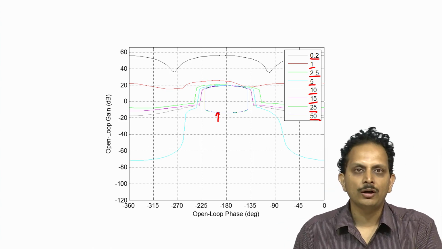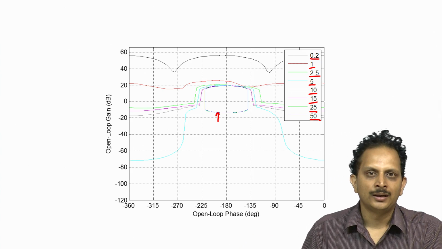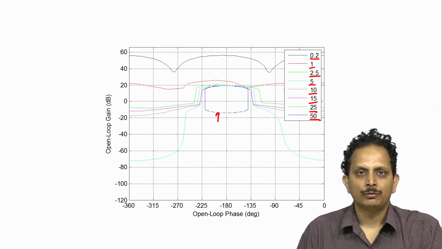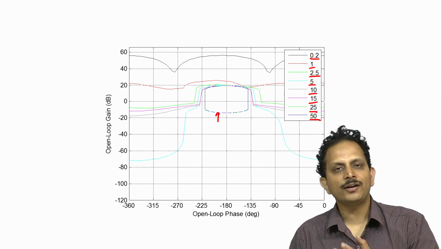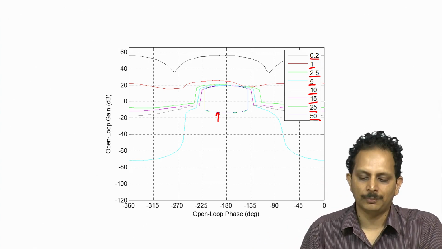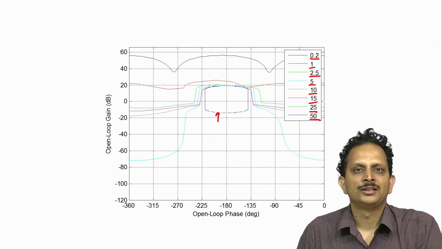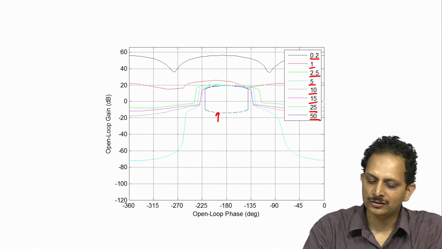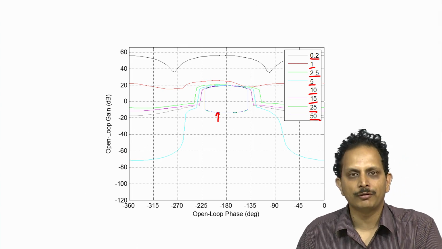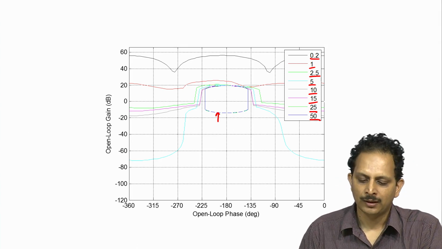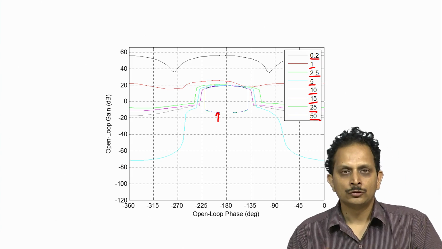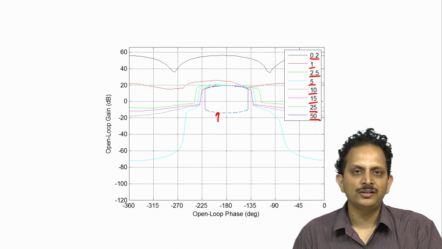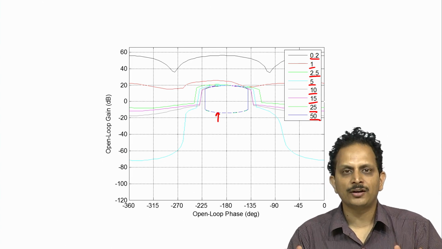In this case the corner frequencies of the plant happen to be around 1 or 2 radians per second, and since 25 and 50 radians per second are significantly higher than the corner frequencies, the plant template will not change its shape from 25 to 50 radians per second, and hence the stability bounds at these 2 frequencies remain essentially the same.